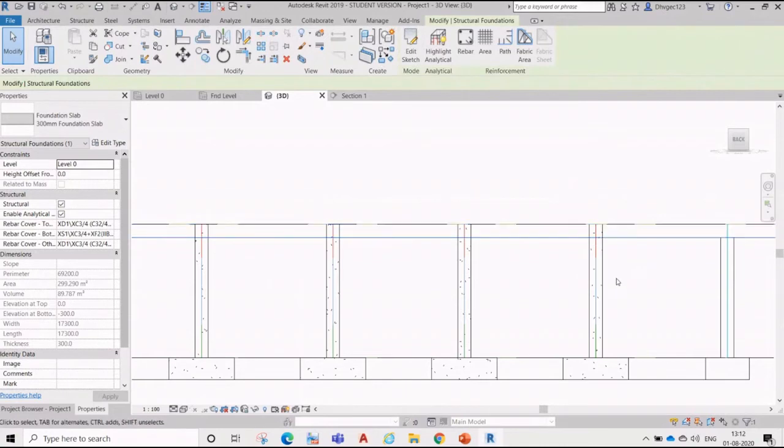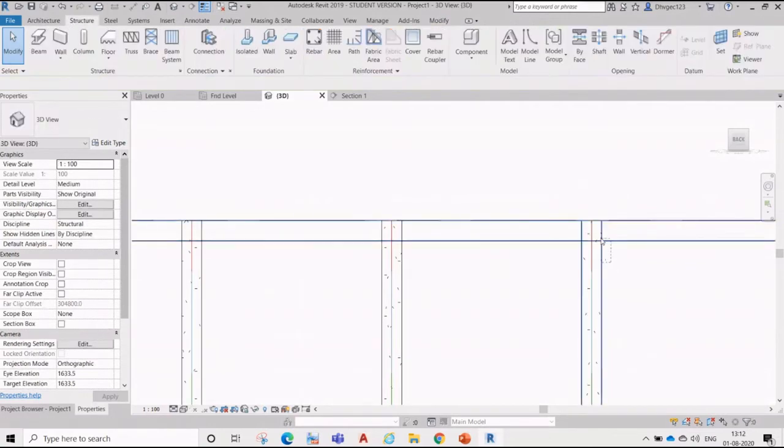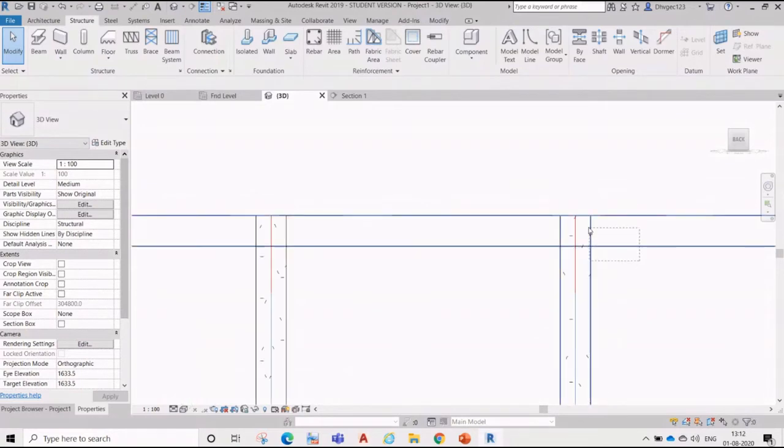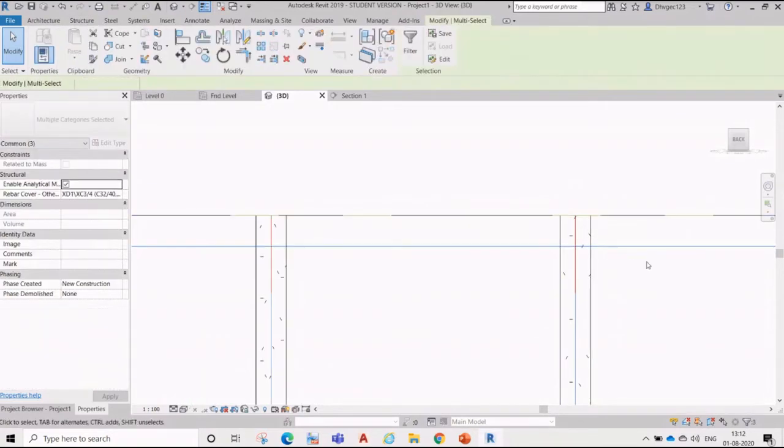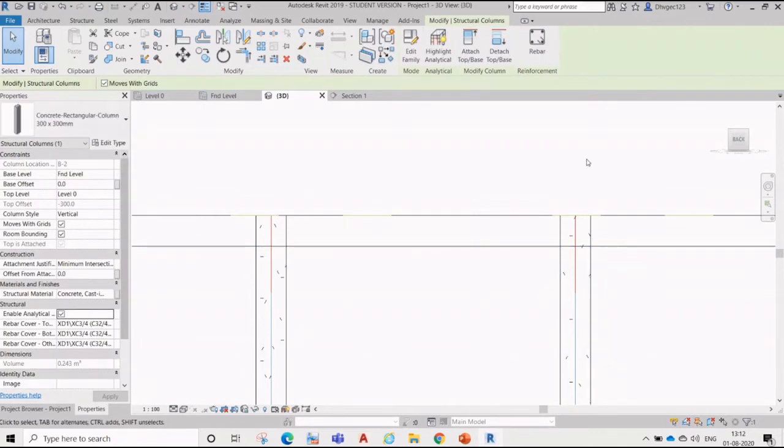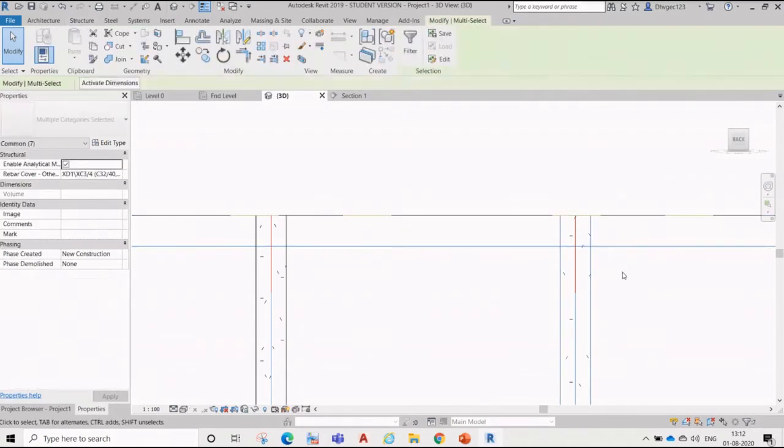Yes, reinforcement will continue, but see, the concrete and slab are the same material. If it is not the same material, then it is different, right? If this is steel, suppose this is a steel composite deck, then the column will go straight from bottom to top, right? Did you get my point? Okay, but right now the material is the same, so we'll put it the same.